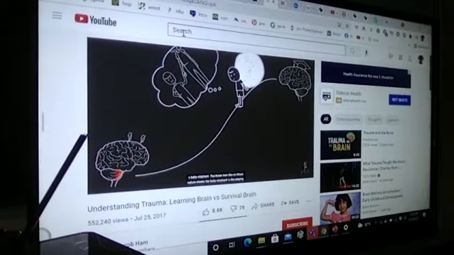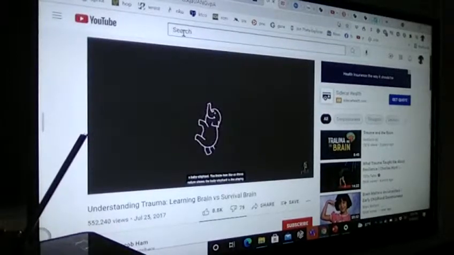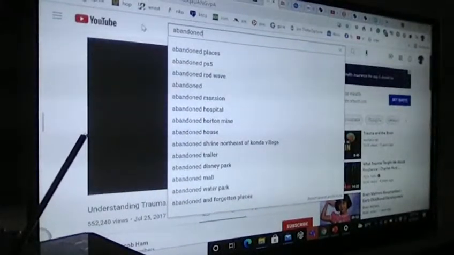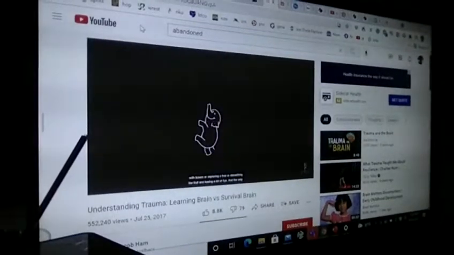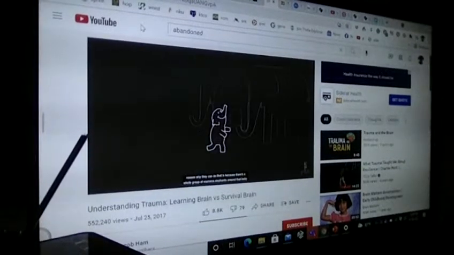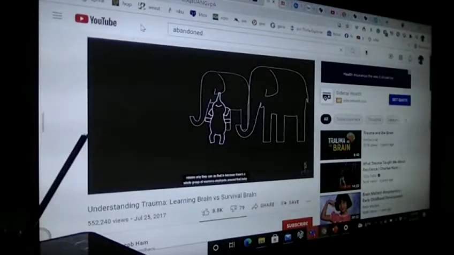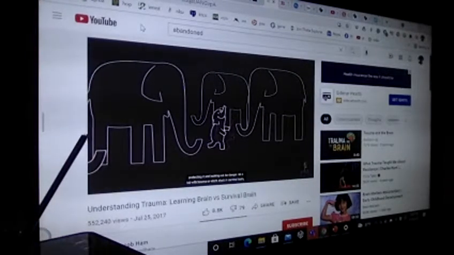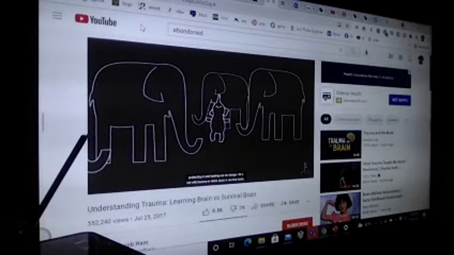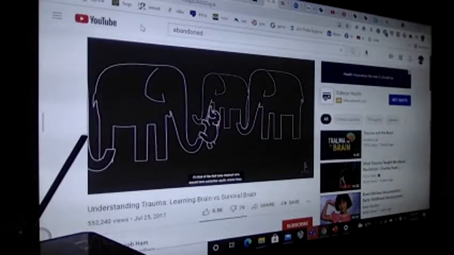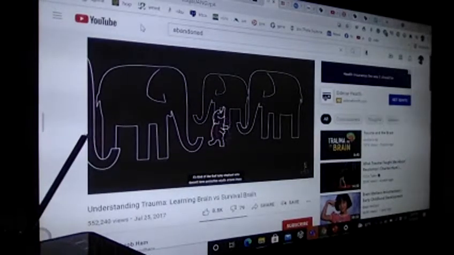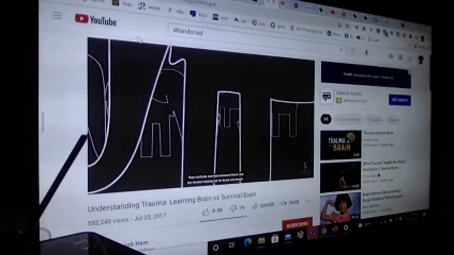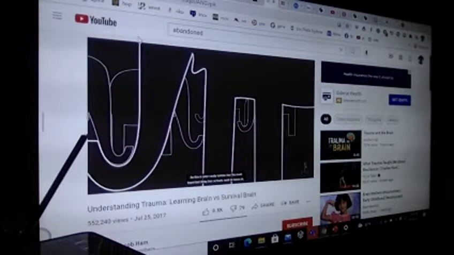So it's kind of like a baby elephant. You know how on those nature shows, the baby elephant is playing with leaves or exploring a tree and having a lot of fun. The only reason they can do that is because there's a whole group of mama elephants around that baby protecting it and looking out for danger. So a kid with trauma or who's stuck in survival brain is like that baby elephant who doesn't have protective adults around them. They can't play and learn because they're way too focused looking out for threat and danger.